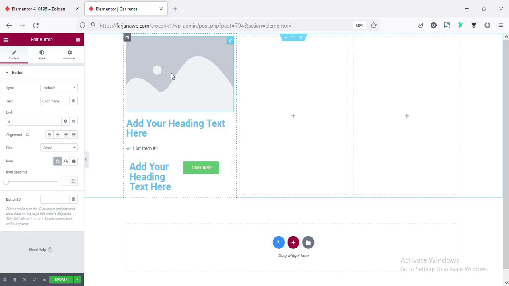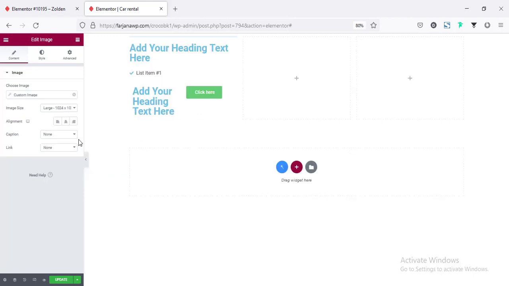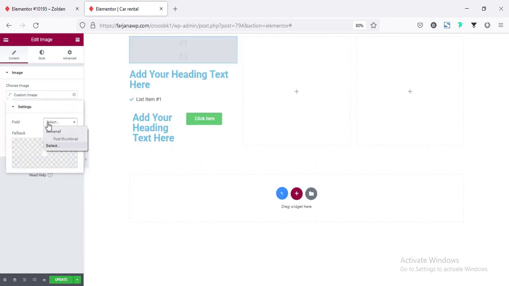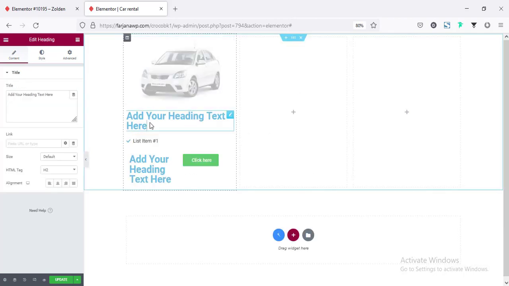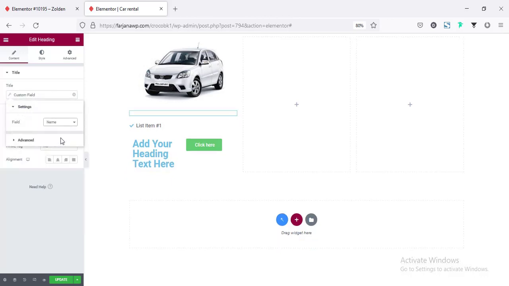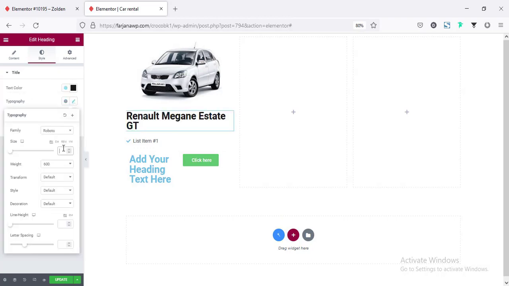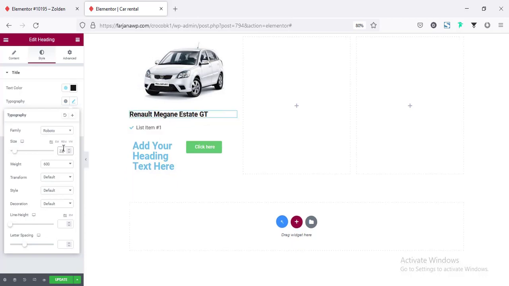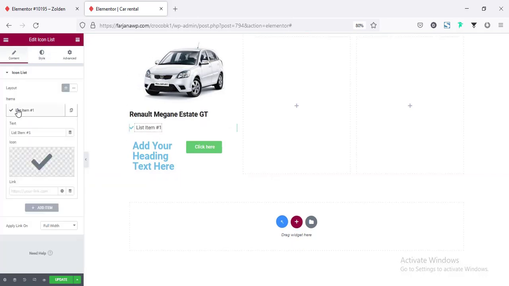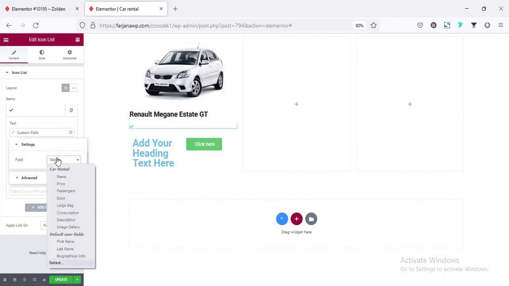Alright, now going for the first one, choose image, I'm selecting the dynamic text, custom image, and from here from field I'm setting the post thumbnail, and now going to the title, dynamic text, custom field, field type name, and from style tab changing the color to black and changing the font size to 20 or 22, and then the list. For the first one, going dynamic text, custom field, field type,